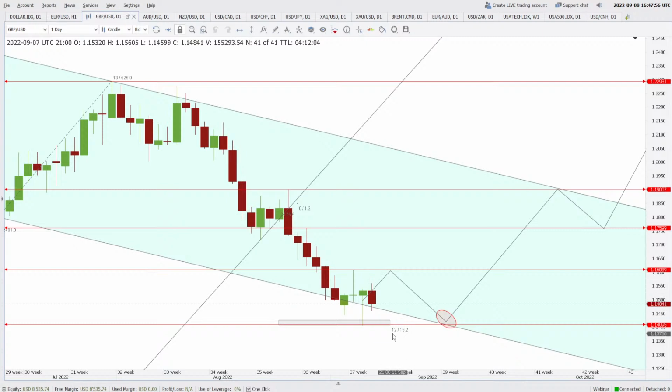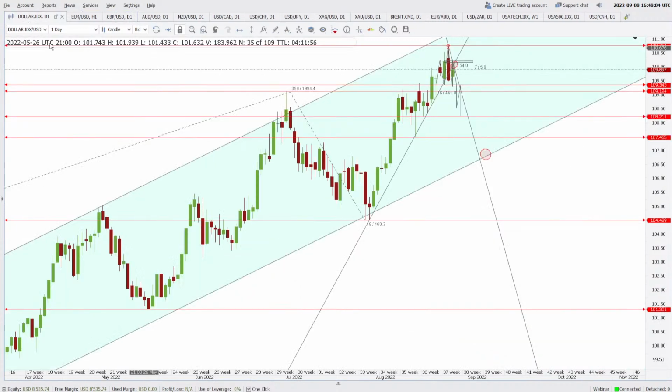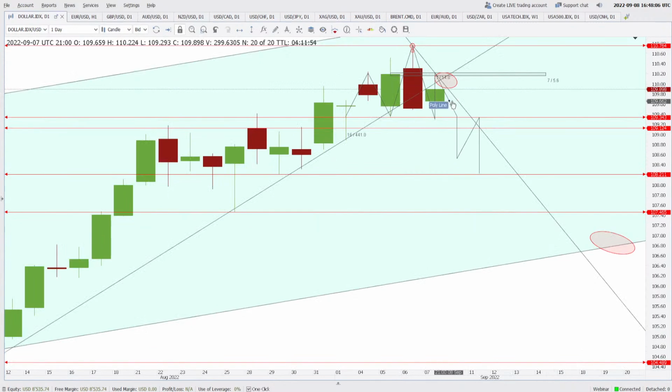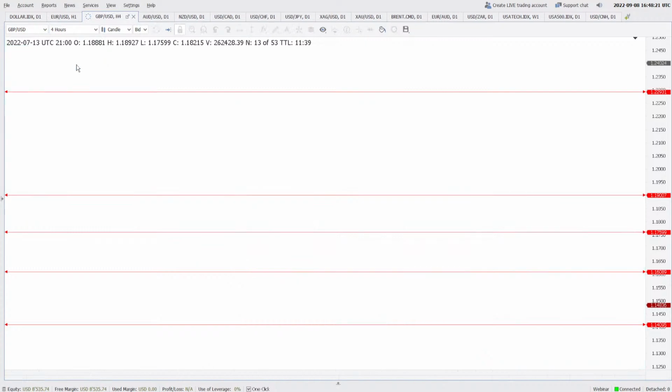All right, thank you. And what I was talking about here is that this falling channel is giving us some support today, and if I align this analysis with the dollar index falling here and finding a lot of resistance near 110.21 area, then what is the next probability? The next probability is that this area will hold and the prices may go back to 1.1608. Let us see what is happening on the 4-hour.